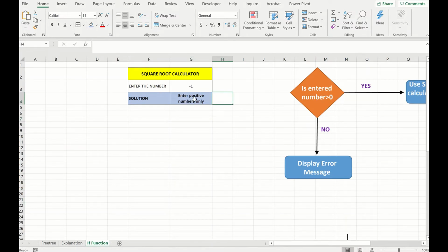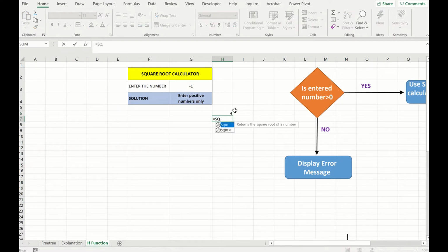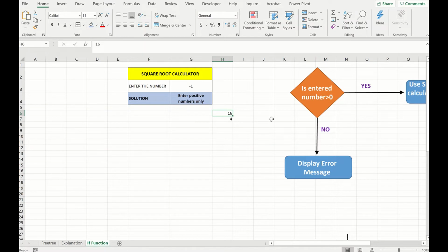Before I go on, I should explain one function called square root, SQRT, in Excel, which allows us to calculate the square root of numbers. For example, if I have a number 4 and I want to calculate the square root, I use the function SQRT, and if I select this number, it's going to return 2. That's the square root of 4, right? This works perfectly fine for positive numbers. But the minute I enter a negative number, it displays an error. I don't want Excel to display an error, so I need to avoid that. I need to first check if the number entered by the user is positive, and if it is positive, I want to use the SQRT.